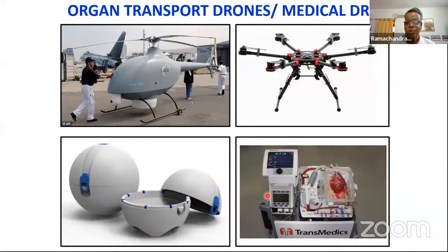But what may challenge you is this. This is a container in which the heart is transported. This is nothing to do with drones, but it's something to do with medical electronics, biomedical engineering. This heart, which is being transported, is kept in a small machine at a temperature of 4 degrees centigrade, but it is pressurized, kept pumping, so that it is active throughout, and it can last without any damage for